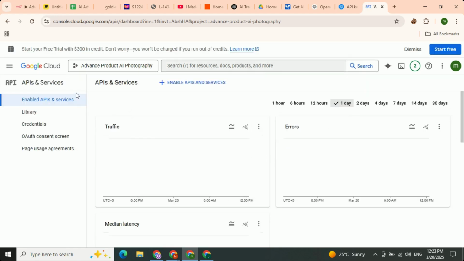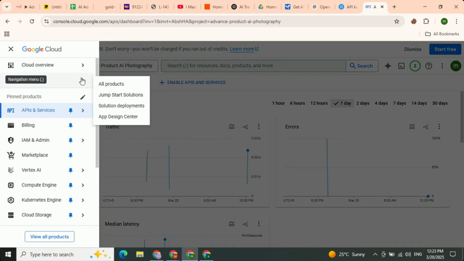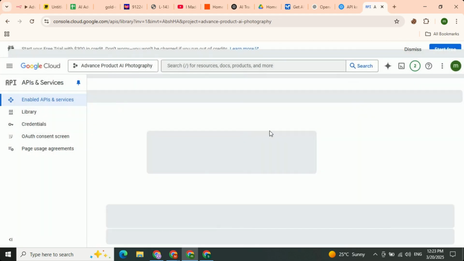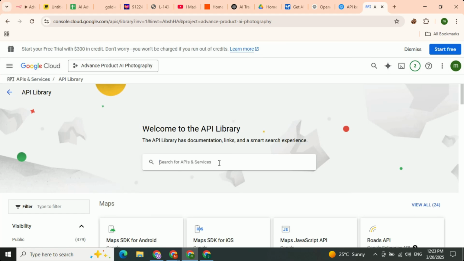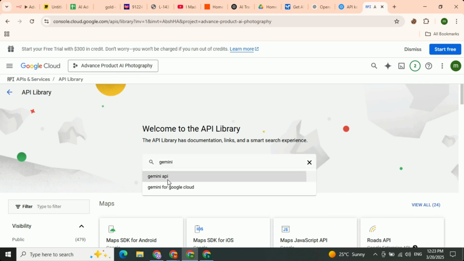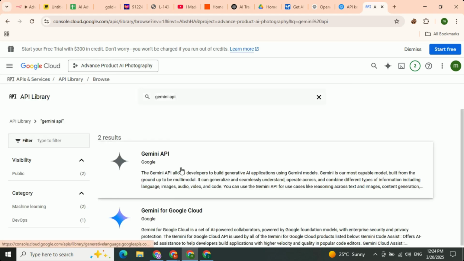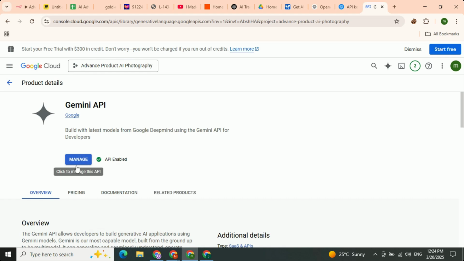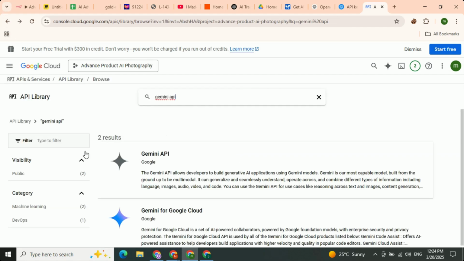Oh, sorry, this is not the platform, this is the API library. First you have to come over to the library, and here you have to select Gemini. Okay, Gemini API. You have to select this Gemini API, and toggle it to enable. It will show disable over there, but I have already enabled it, so the manage option will come. When the manage option comes, then you have to come again to